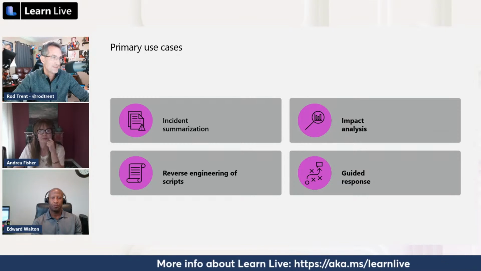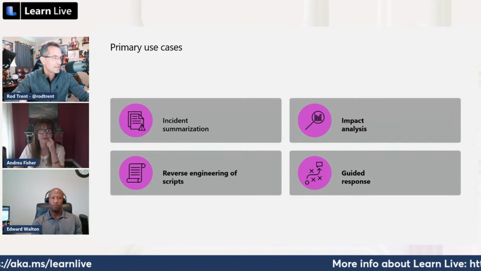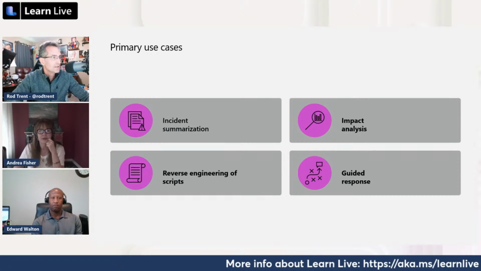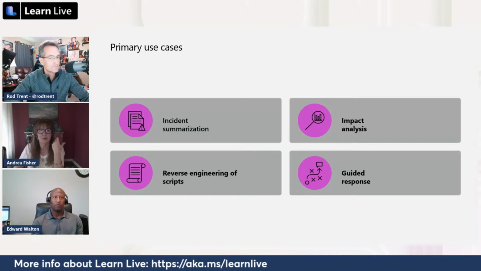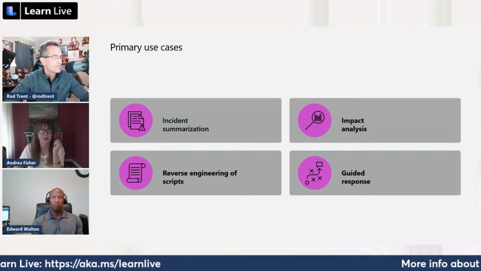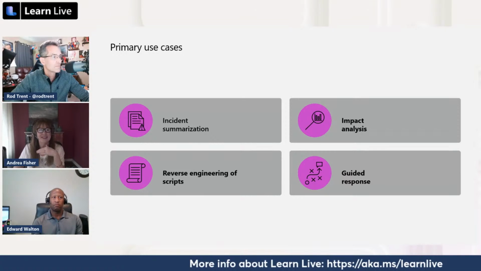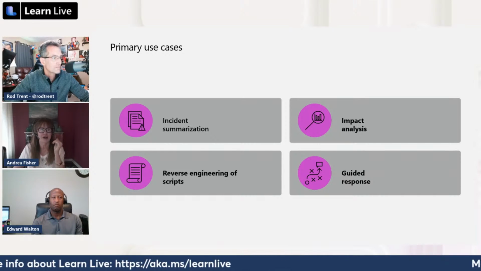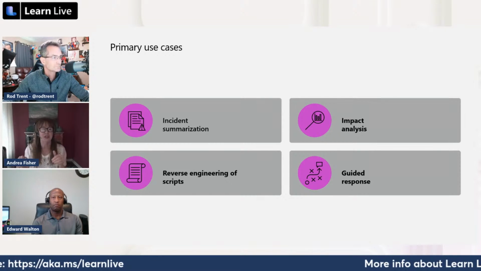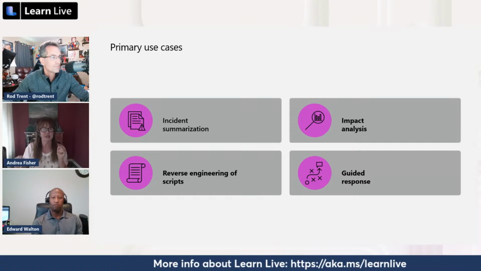Then there's that guided response. Obviously, that's super valuable to a lot of organizations, because a lot of times analysts, depending on what that potential attack is, or it may not even be an attack, don't know what to do next sometimes, right? In one of the incidents in my particular tenant, someone was trying to manipulate, right? There's a suspicious inbox rule manipulation, and with the new guided response, it literally gives you the PowerShell on how to disable that inbox rule, so you don't even have to go look it up, or find out where to do it inside of the Exchange console. You get that script, you pop it into PowerShell, and you can immediately disable that.